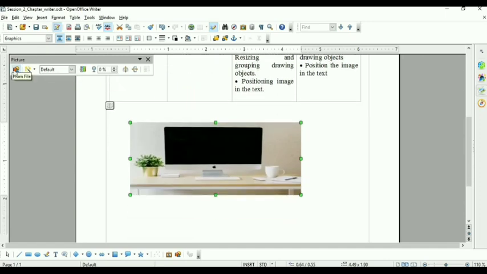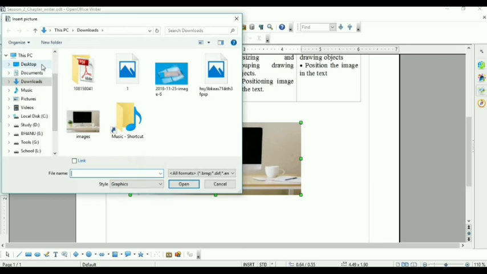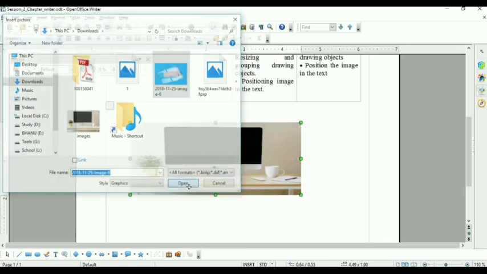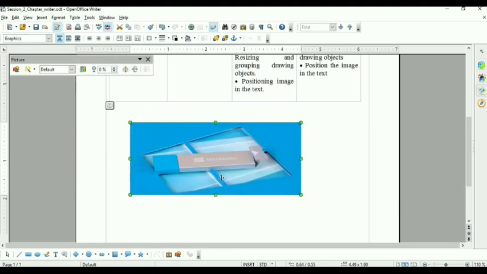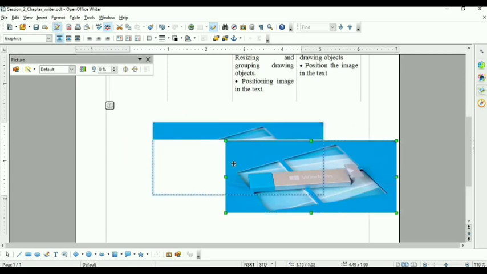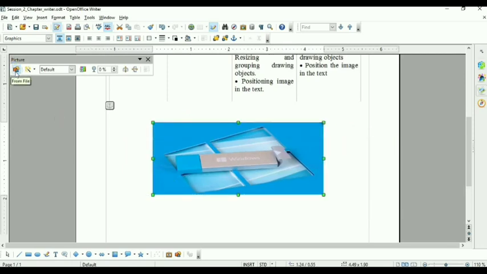See here. What is this? From file. From file means if you want to change this picture with another one, you will use this option, from file. Select this from file, again the gallery will open. Now select another file, then click on open. This file will swap with the new file. Means the new image will appear in place of that. Only one file is here. See this. You can interchange the file with the help of this from file option.